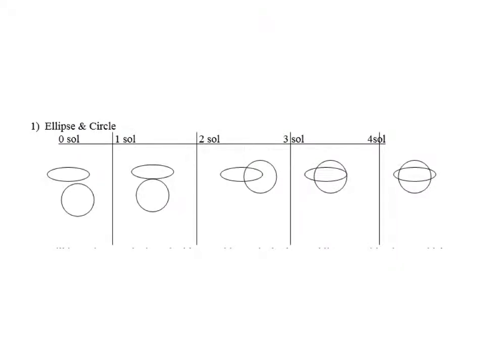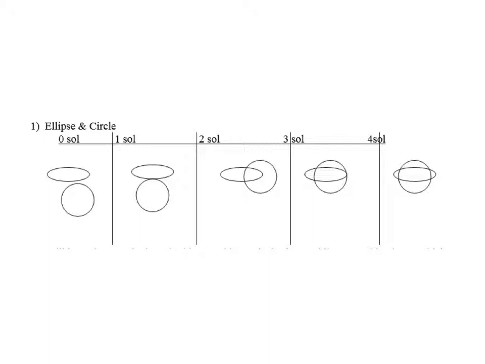All right, folks, today we are looking at systems of conic equations. Okay, so we've done systems of linear equations where you're looking at where the two lines intersect. Okay, this is the same idea. You're looking at where two conics might intersect. And so this is just a quick example of, for instance, if you had an ellipse and a circle, what